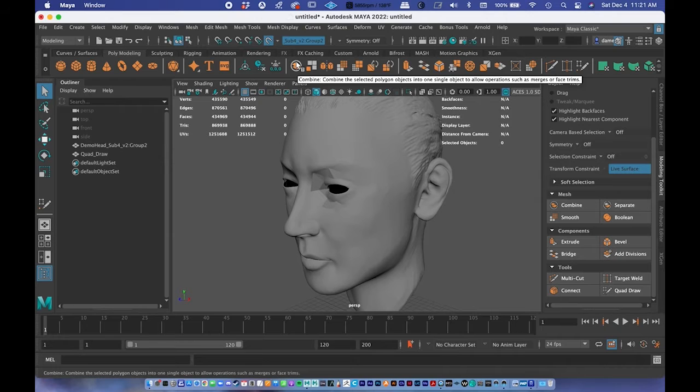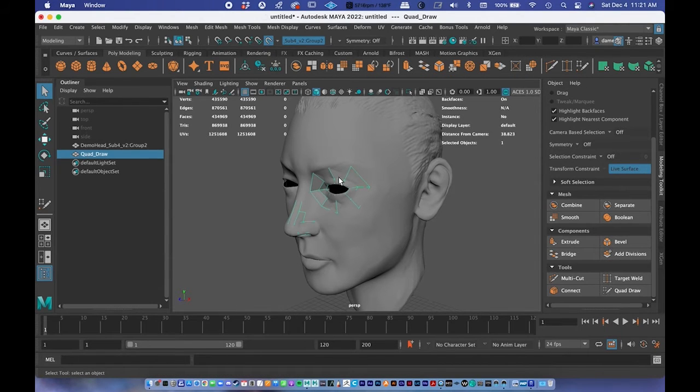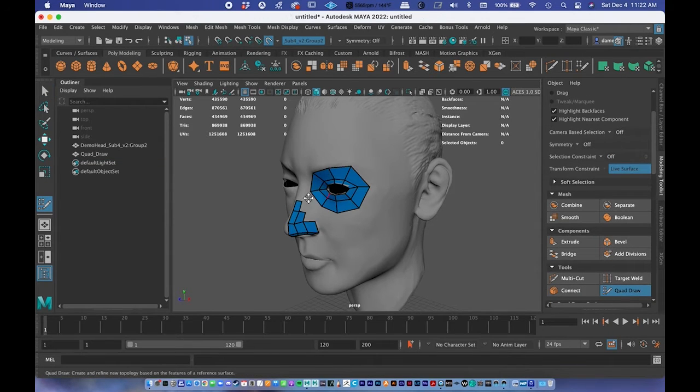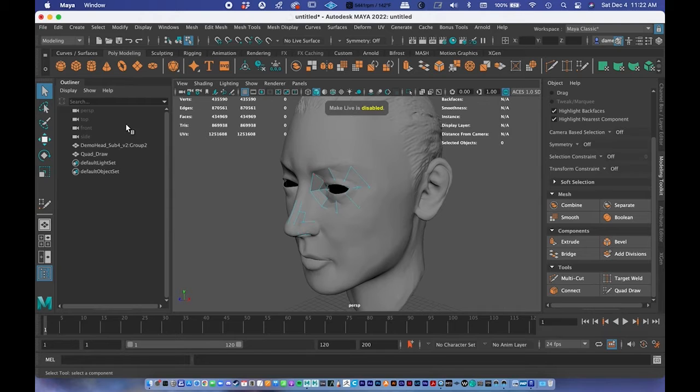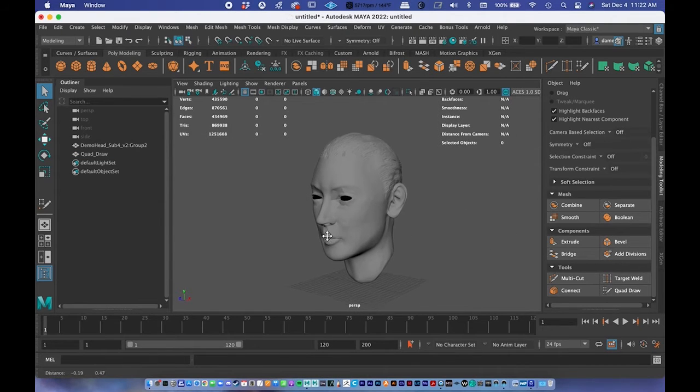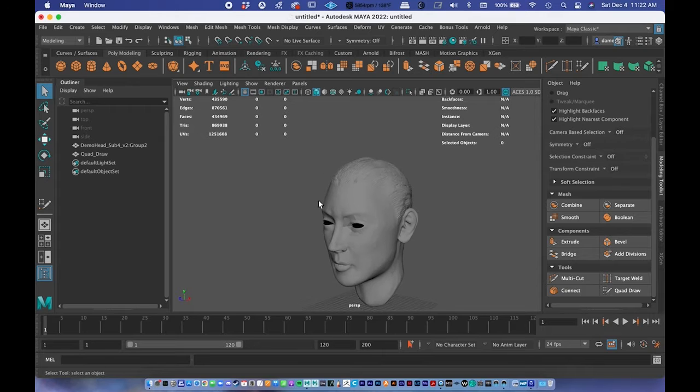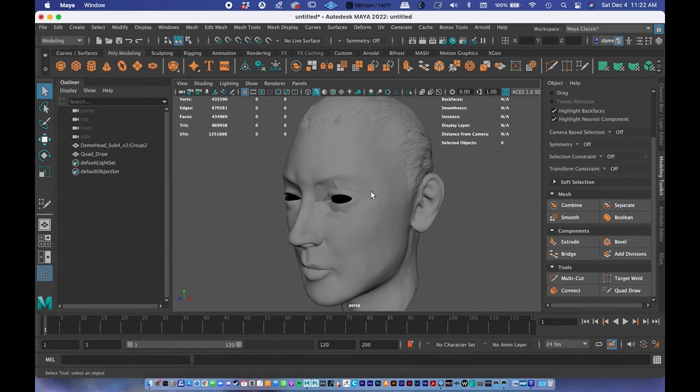And here's an important next step. So select this model, the quad draw that we had been working on. Select that now in object mode, and then click quad draw. And now you can start working again. So the reason I outline that is if we just click off of this and maybe you needed to work on something else, or maybe you saved for the day and kind of lost track or something like that. To pick this up again,